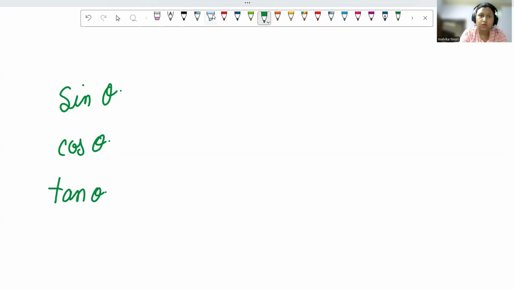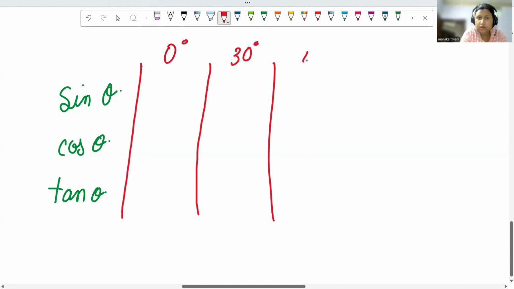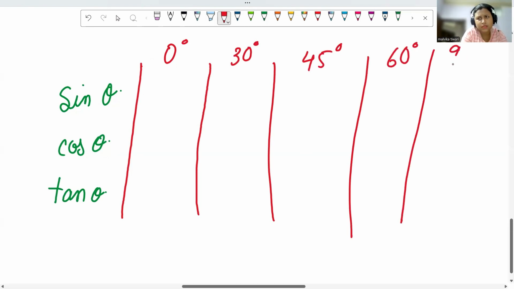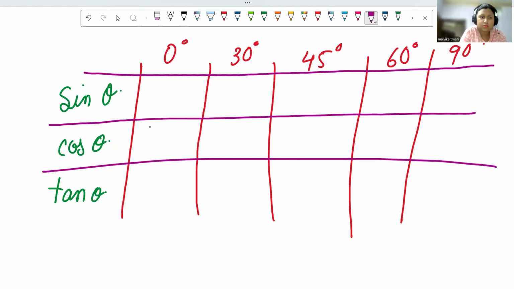The important angles you need to remember are 0 degree, 30 degrees, 45 degrees, 60 degrees, and lastly 90 degrees. As I was saying, there are a few different ways to remember these ratios, but the way that I like the most here is